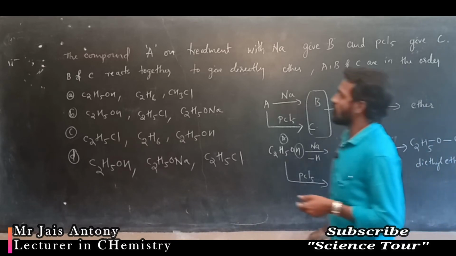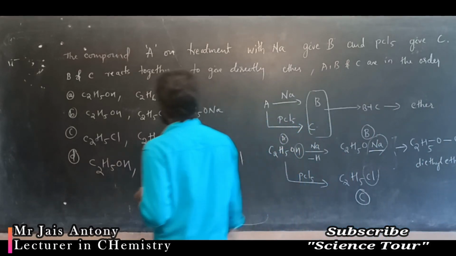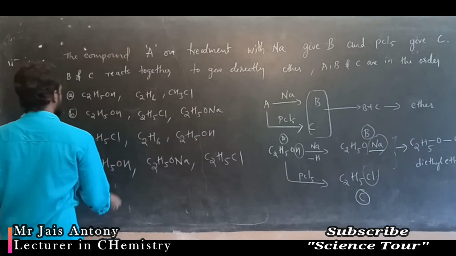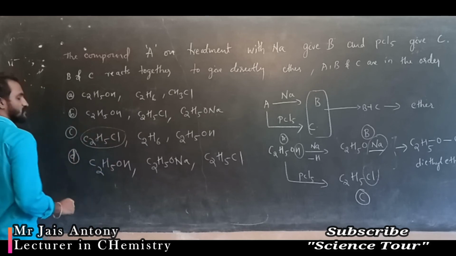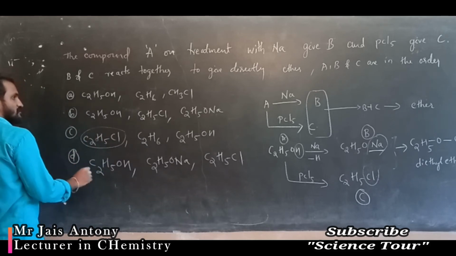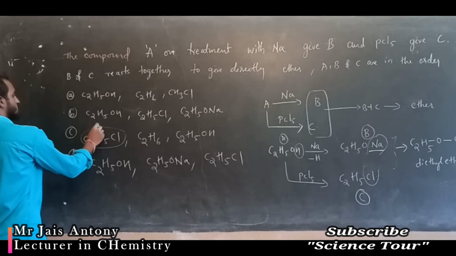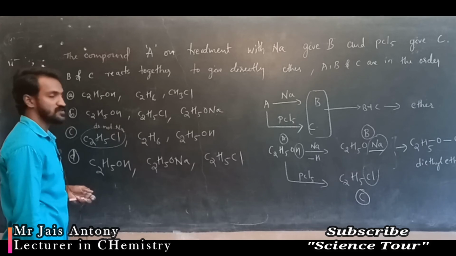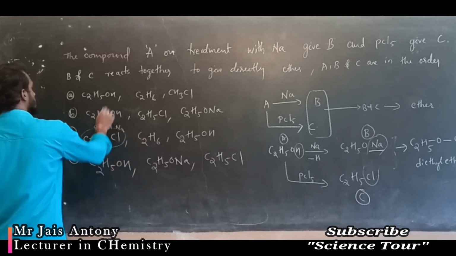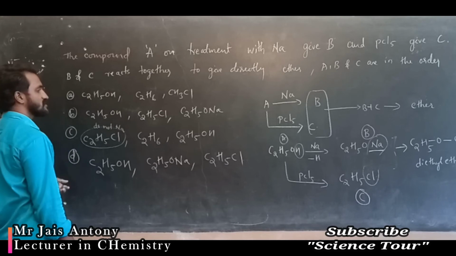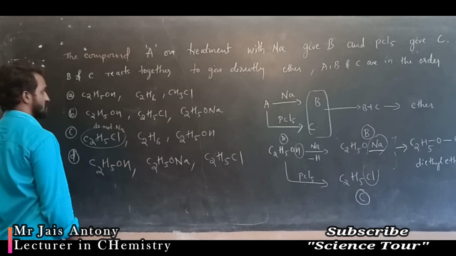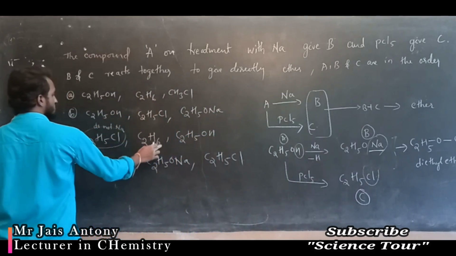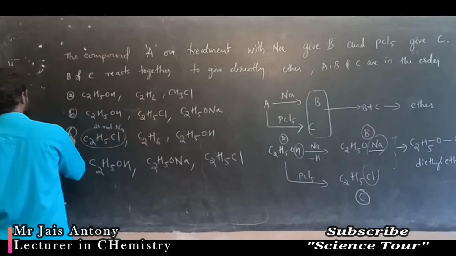Okay. Then you see the order. First you have to get alcohol, C2H5 alcohol. In all these cases, alcohol is there. But in one case, ethyl chloride is there. Remember, ethyl chloride does not react with the sodium. So don't expect this one. Okay, in these three cases, ethyl alcohol is there, A product, correct. Then next B product is sodium ethoxide. Which one? No, this you leave. This is wrong.